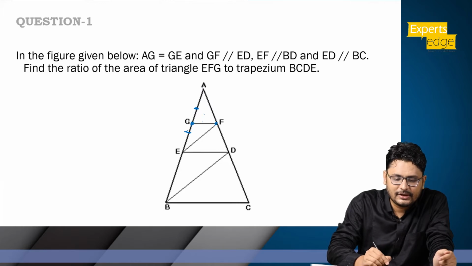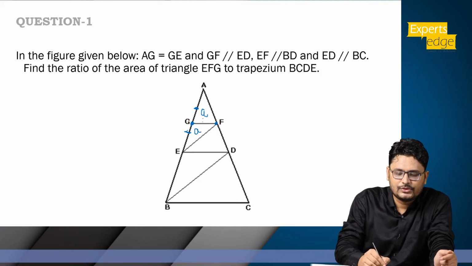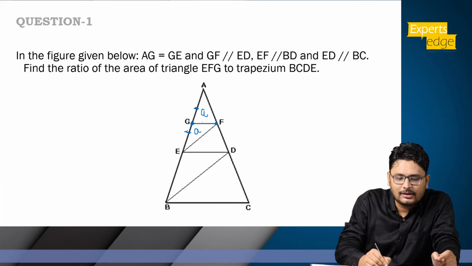So if GF is a median, if I say this is A, this will also be A. So these two areas will be equal, right? Now GF and ED, are they parallel? Yes, pretty much it has been given that GF is parallel to ED. So GF is parallel to ED